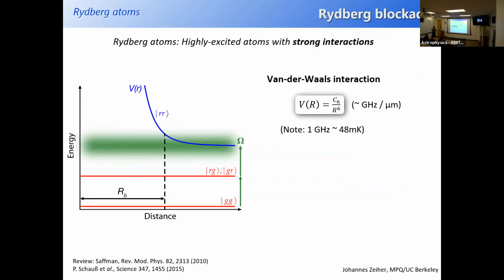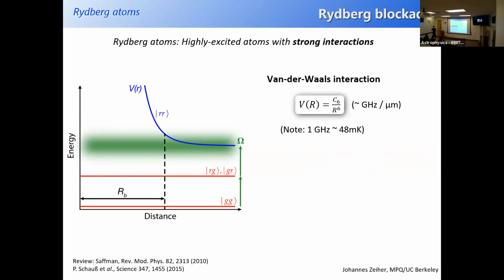So if you produce two Rydberg atoms, and you look at the distance dependence of the interaction energy of these two Rydberg atoms, they will actually repel with a strong 1 over r to the 6 characteristic. And as I said, the scales of these interactions are very, very large compared to any other scale in the problem. One other scale to think of is actually the scale of a laser trying to excite two ground state atoms into Rydberg atoms.